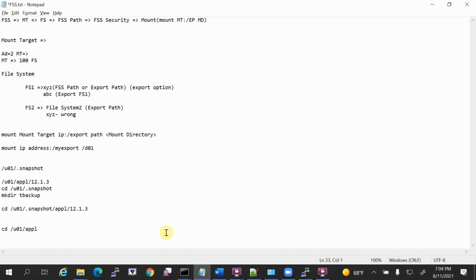I know my patch corrupted this folder, so mv it to 1213 dot underscore original, then cp -r to copy this entire folder from the snapshot.